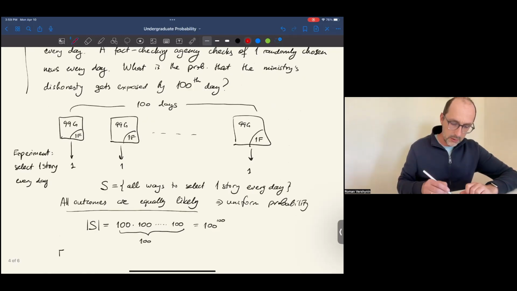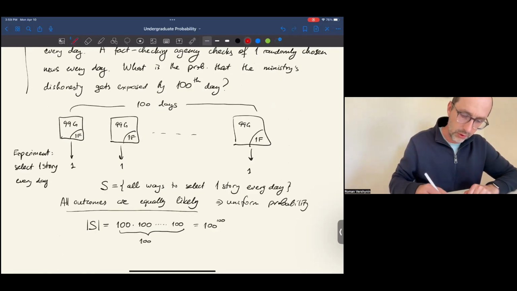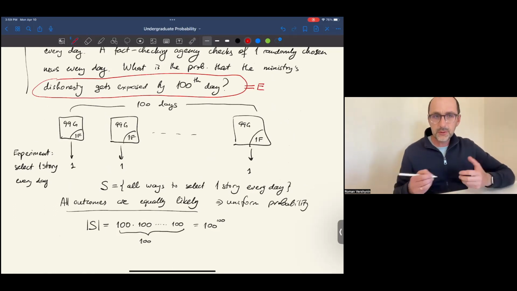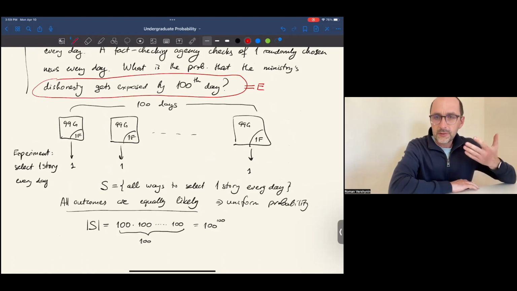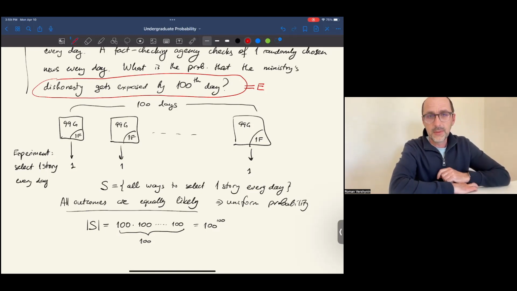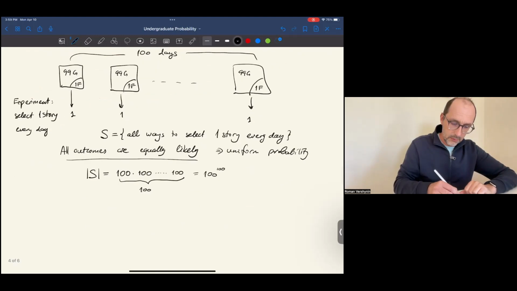Our event, the event of interest to us, is that the ministry's dishonesty gets exposed by the 100th day, denoted by E. To compute the probability of E, it is simpler to pass to the complement. How do we know? Well, we don't. Try to do it directly, and you will see that it is actually difficult because you do not know which day the ministry will get exposed. There are many. However, the complement to this event is that the dishonesty of the ministry